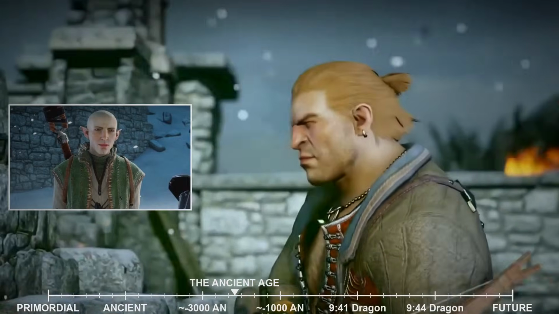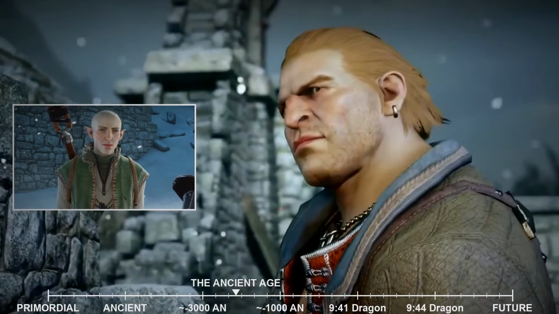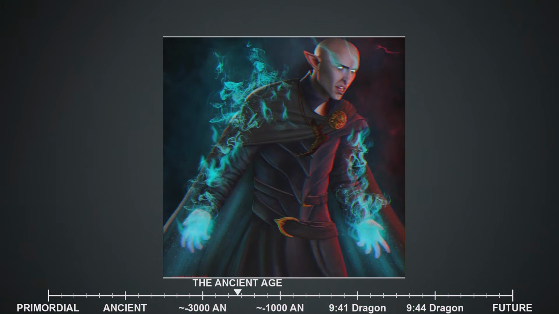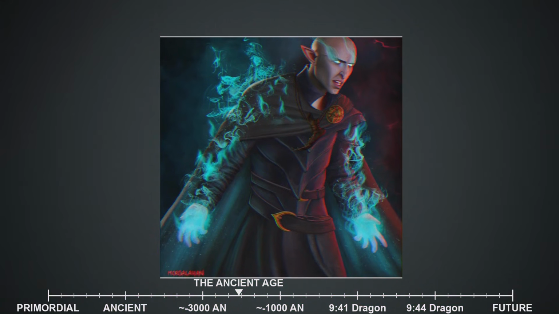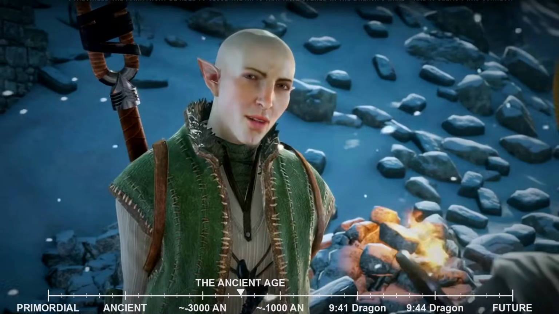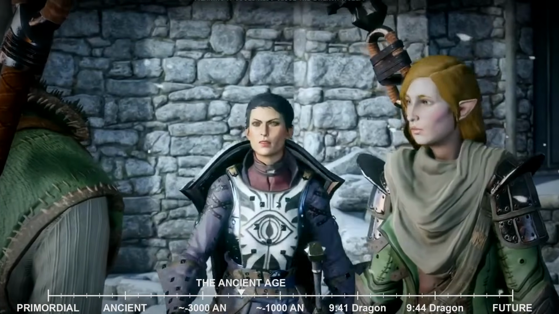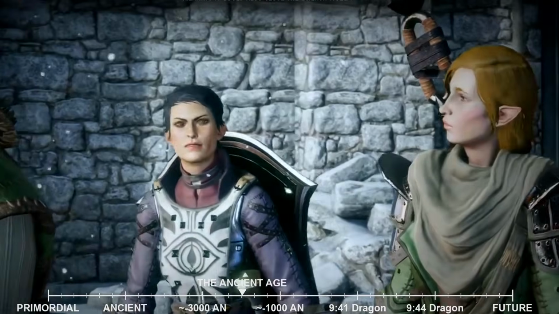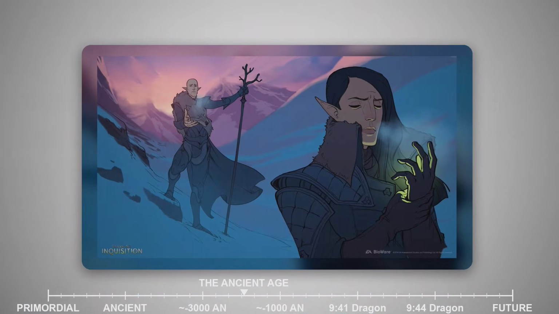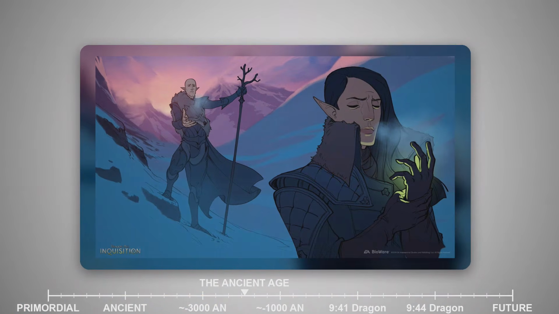Some view him as a trickster, a rebel who delights in undermining authority and exposing the pretensions of the powerful. Others see him as a champion of the oppressed, someone willing to challenge the Evanuris when their demands become too burdensome. The truth, as is often the case with Solus, is more complex than either interpretation suggests. He serves Mythal with genuine devotion, acting as her agent and confidant, yet he also maintains a degree of independence that the other Evanuris find troubling and incomprehensible.